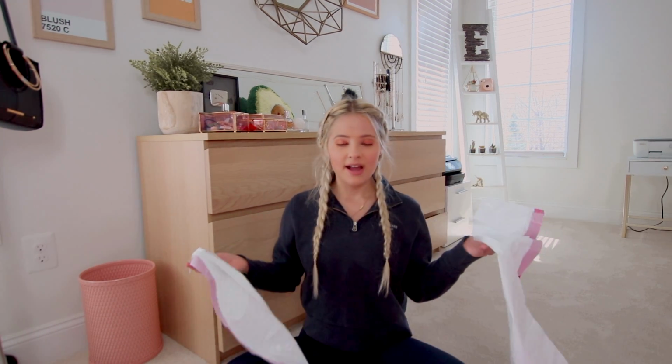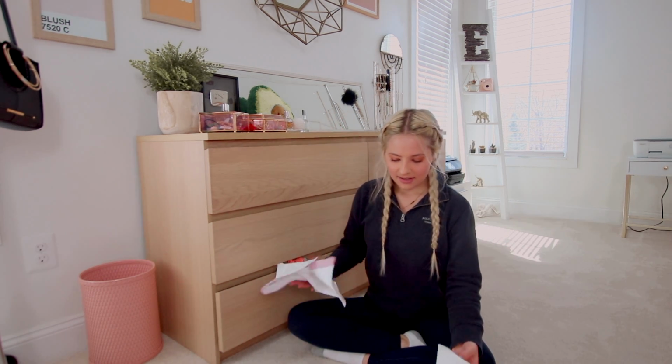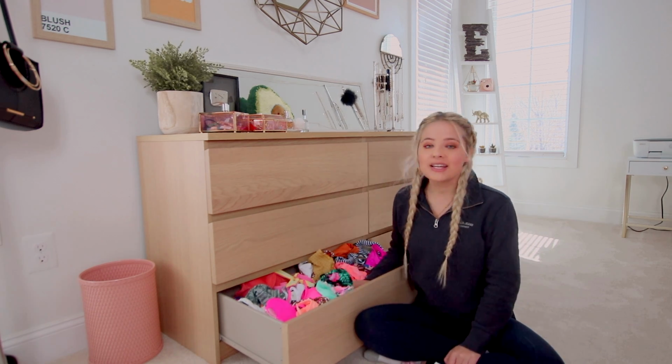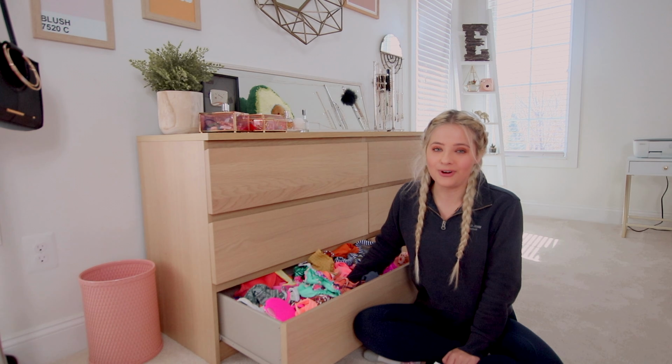Okay, so I got some trash bags here. I'm gonna go through my swimsuit drawer first. I'm not gonna go through underwear, socks, and stuff like that because I don't mind having a bunch of mismatched socks. It happens. However, for bathing suits, there is a significant amount of tops here that just don't fit me anymore,